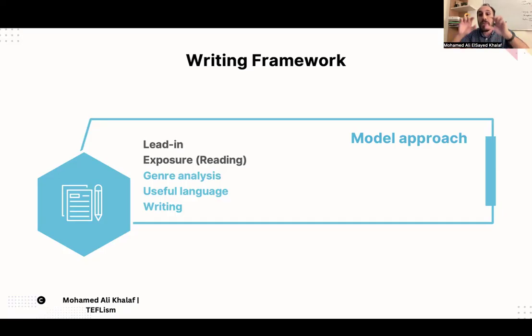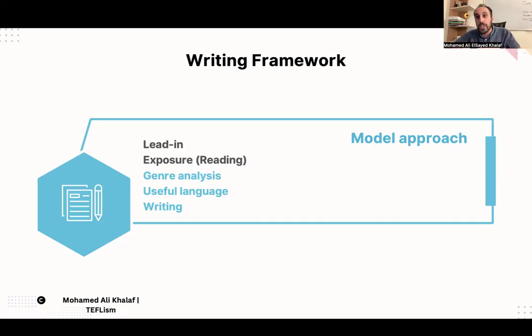Then you need to help them see how it's organized. What did they start with? What did they include? How did they end the covering letter or the covering email? So they started with dear sir or dear sir/madam or ma'am, for example.